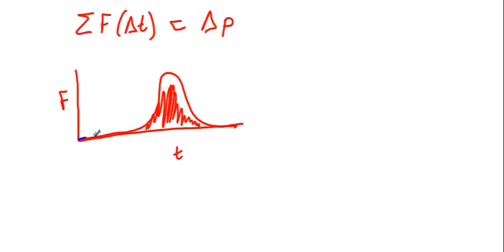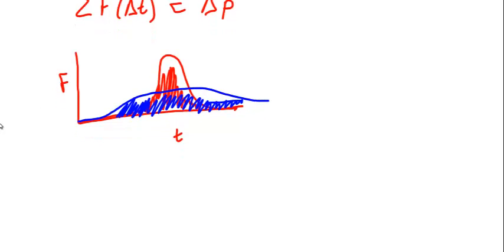Or you could say, what if we started the force a little bit sooner, didn't let it get quite as big, and made it go a little bit longer? Then we have not nearly as big a force, but it acts over a much longer time. These two things could produce the same change in momentum, and as long as the masses are equal, that's the same change in velocity.